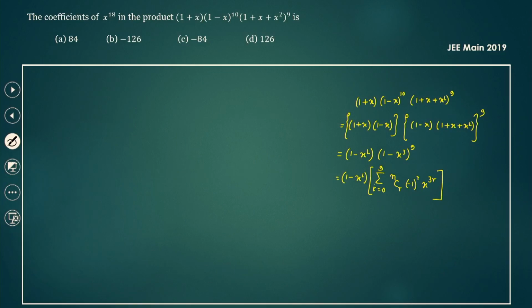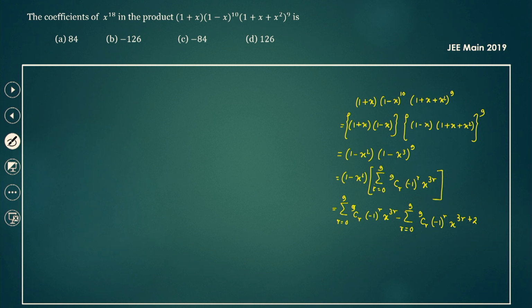That's the expansion. So if I multiply now by 1, we can say summation r equal to 0 to 9, 9Cr (minus 1) whole to the power r x to the power 3r, minus summation r equal to 0 to 9, 9Cr (minus 1) whole to the power r into x to the power 3r plus 2. We just multiply by 1, then we multiply by x squared. Okay, that's it. Now we are looking to find the values of